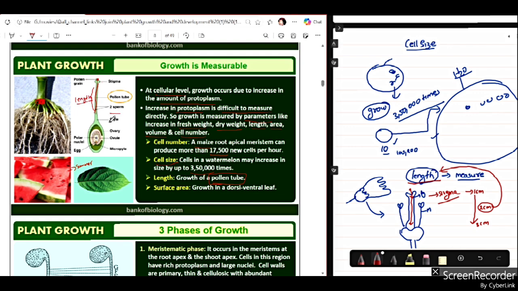ఓకే, దీంట్లో 2 strands వస్తాయి. ఇది స్టైల్ అంటారు. దిస్ ఇస్ ద ఓవరీ లోపల ఓవమ్ ఉంటుంది. ఓవమ్ అనేది ఫీమేల్, ఇది ఇక్కడ వచ్చి మేల్స్ మీ దగ్గర వస్తుంది. దాన్ని డబుల్ ఫెర్టిలైజేషన్ అంటారు. అదంతా పక్కన పెట్టేసారు. నెక్స్ట్